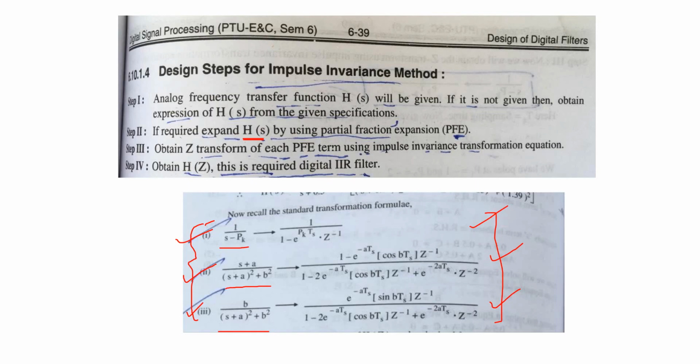Okay, you can directly apply the second formula, no need to do these calculations. Like in this example, this example is the same as this formula, where a is 0.1 and b is 9. So this is the equation of the direct formula. Okay, so no need to do these calculations. See in the formula, this formula is directly applied over there.